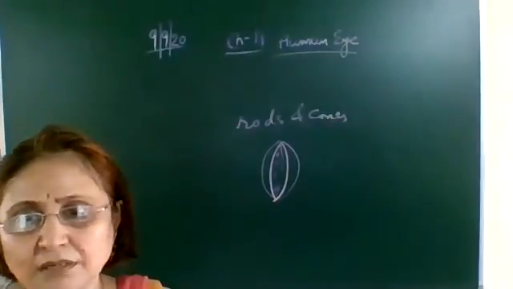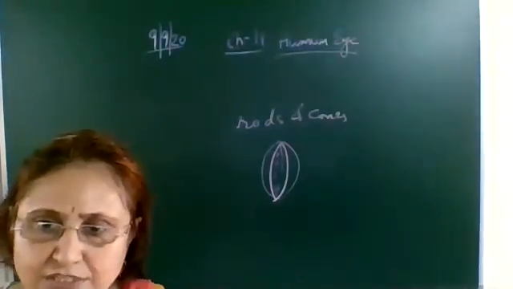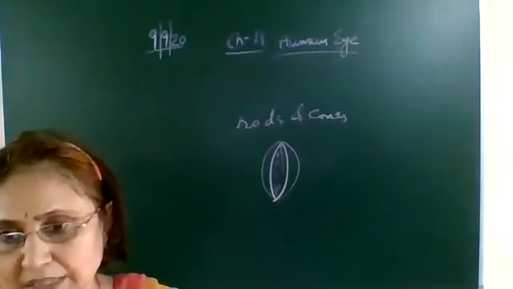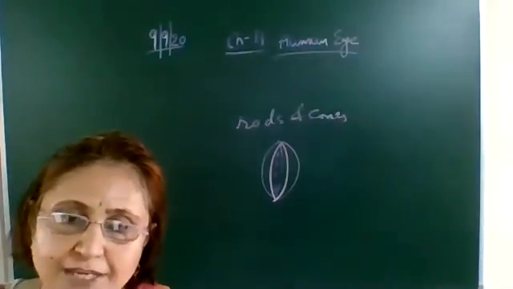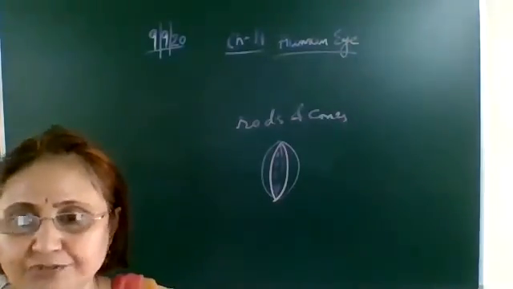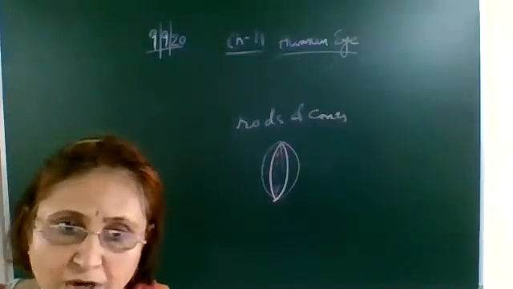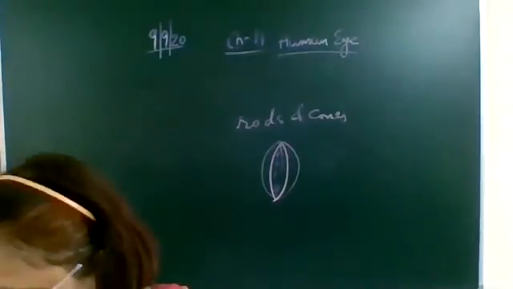Whereas the very far away objects, which are at infinity, you can also see. You can see the sun, moon, stars, everything. So the very far away objects, at infinity, can be seen, and very close by objects can be seen when placed at a distance of 25 centimeters. So what is the range of the human vision? It is from 25 centimeters to infinity.